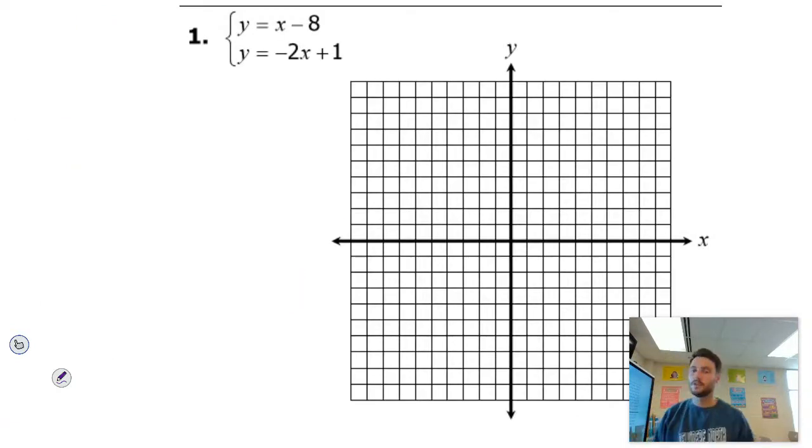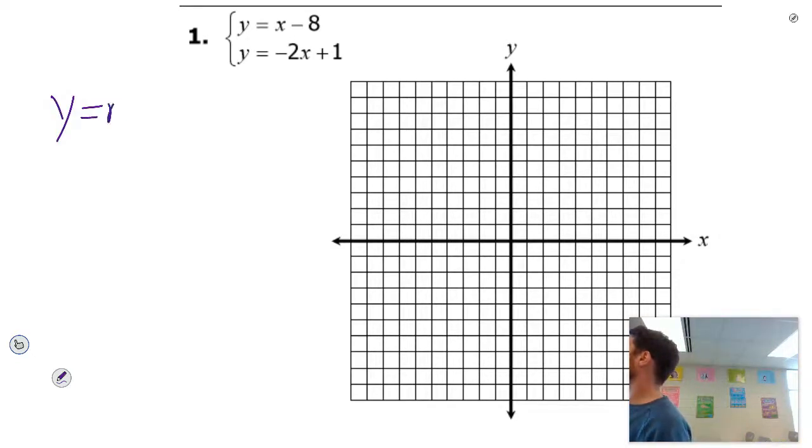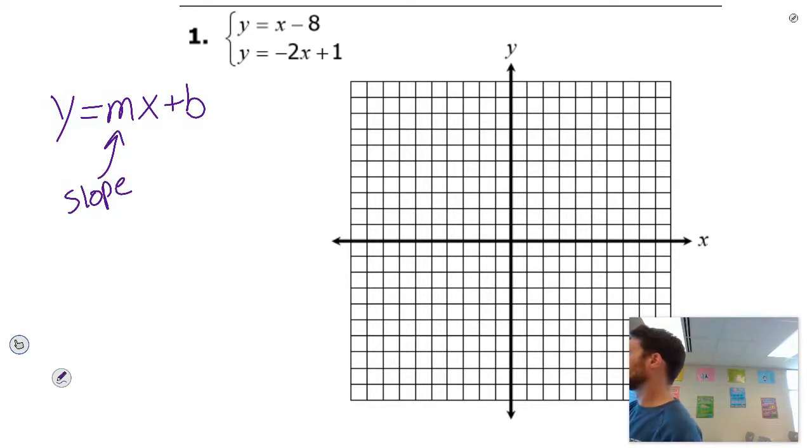All right, so if I were to do this problem, they're both solved. Remember y equals mx plus b. So this is my slope, which is rise